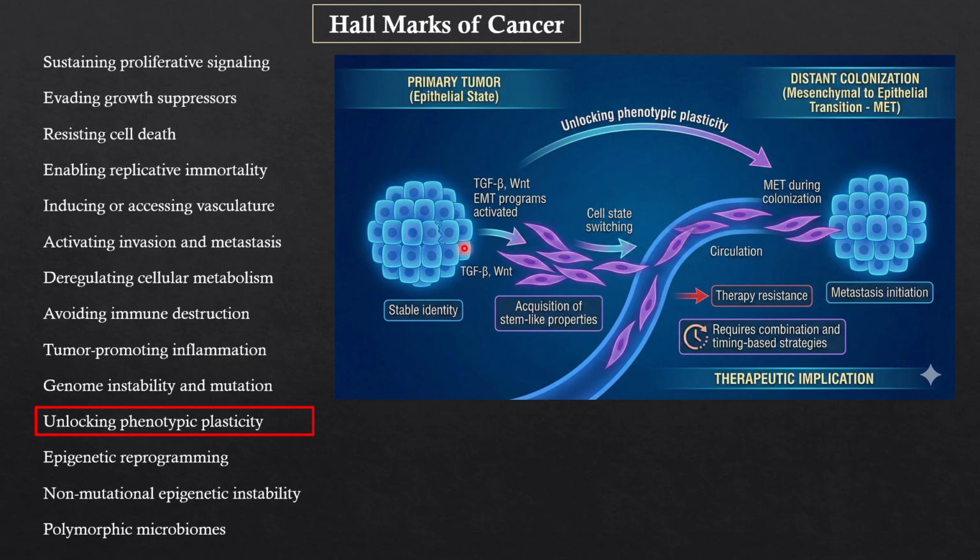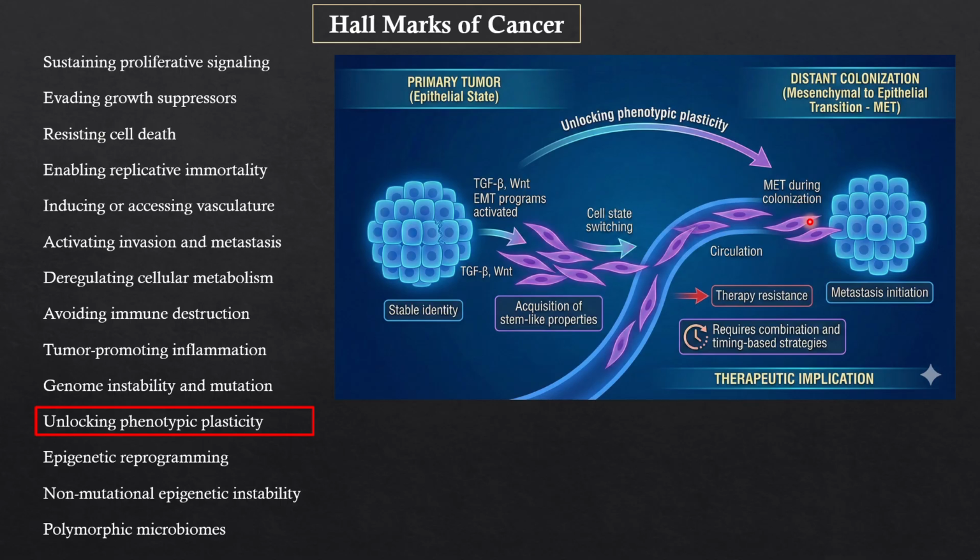This is followed by the hallmark called unlocking phenotypic plasticity. So basically, the primary tumor cells are in the epithelial state, and with the help of TGF beta, WNT, and EMT programs, which are activated, the cell state is switched, and there is the epithelial mesenchymal transition, and they will be invading new places, new organs or distant organs, and this is